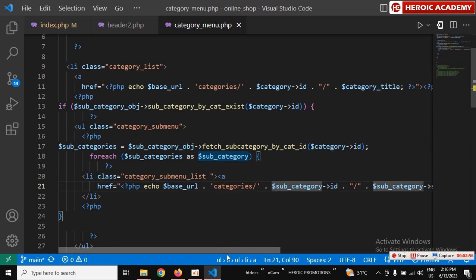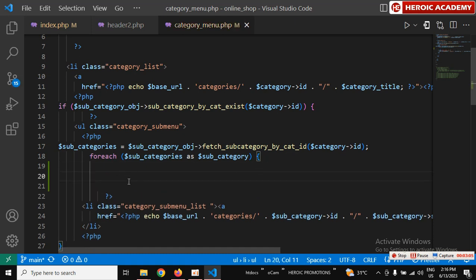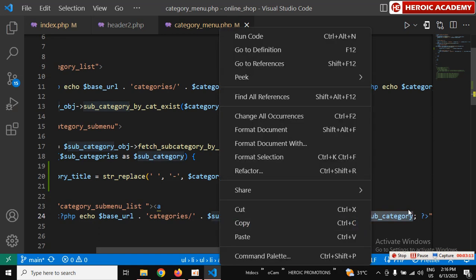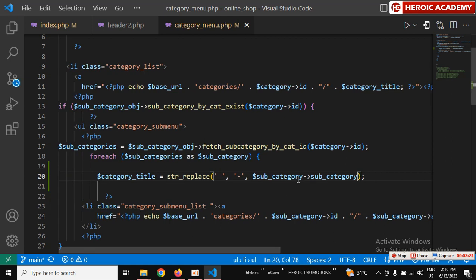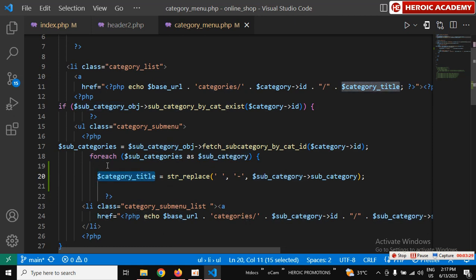Now this is what you do. Come here, after the foreach, and just paste this. Then copy everything here and change it here. Come here, take this, and replace this with this. Now what you did here is that when you fetch the subcategories,